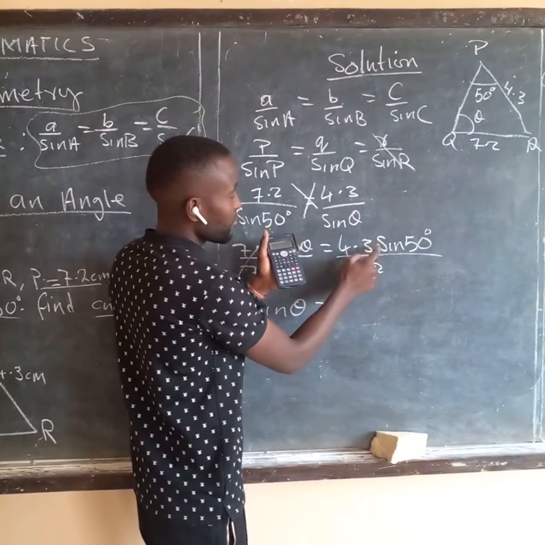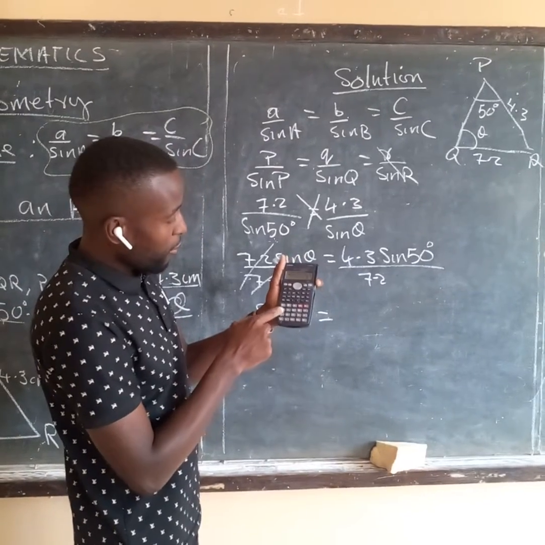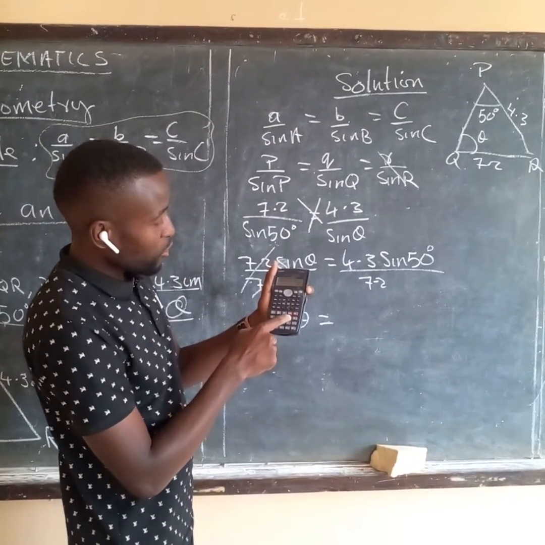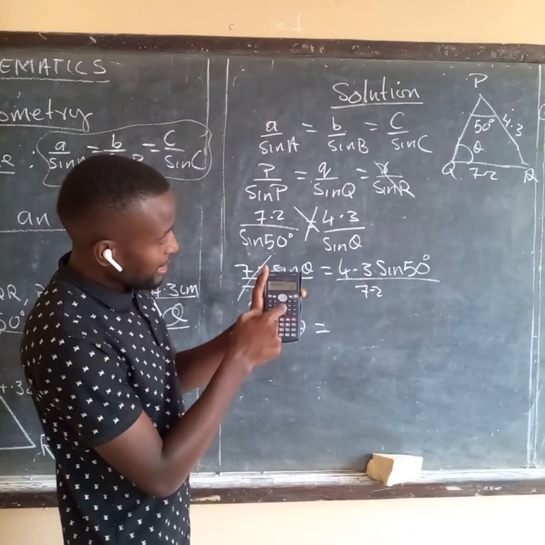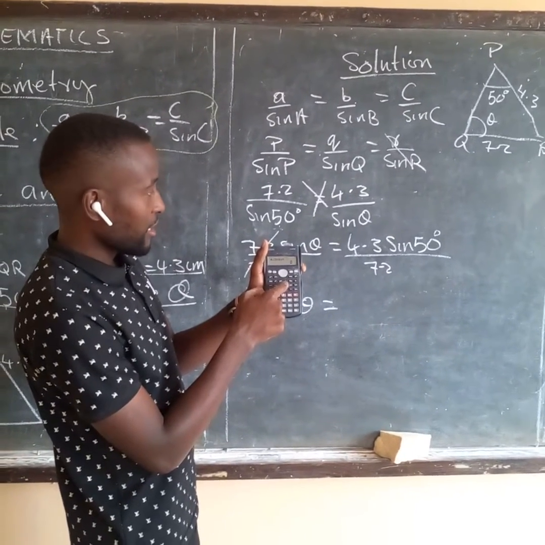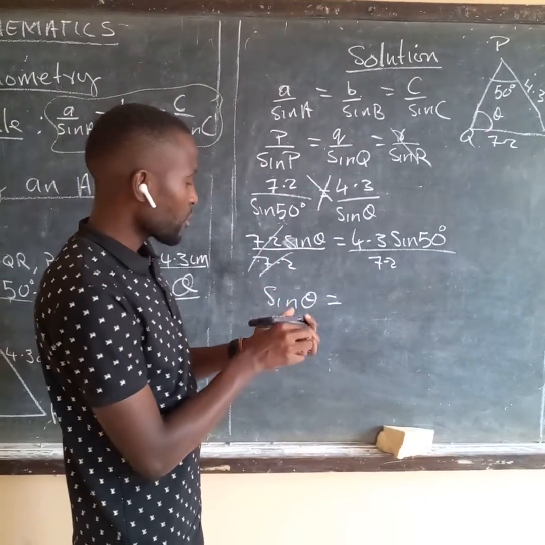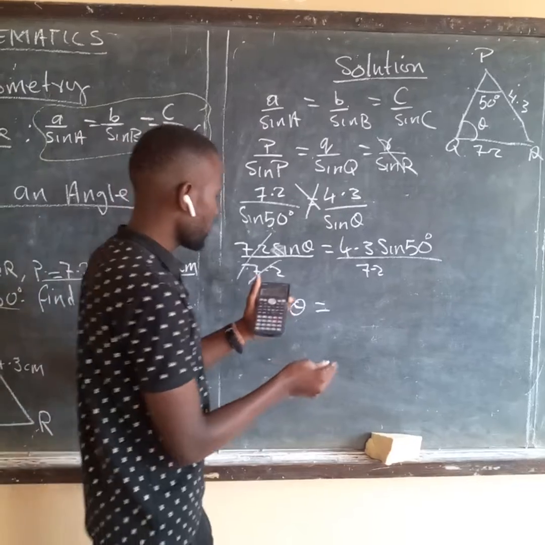When it's like this, we are simply saying 4.3 multiplied by sine 50. So we are going to say 4.3 multiplied by sine. Sine is here, the word is written sin here, 50. So you press it and then you say equal to. You are going to have an answer of